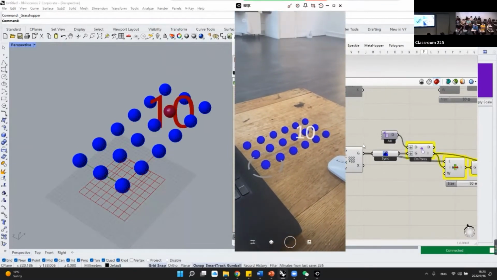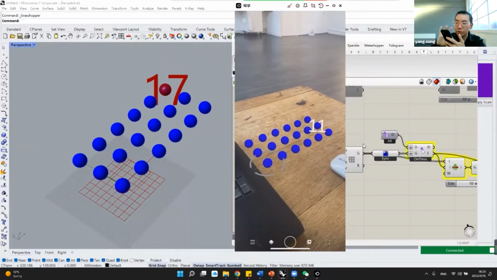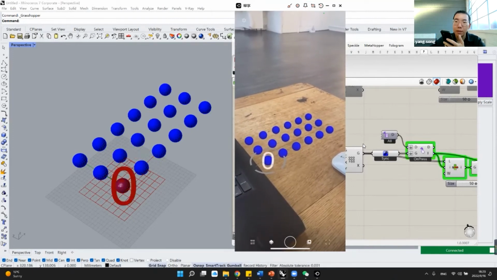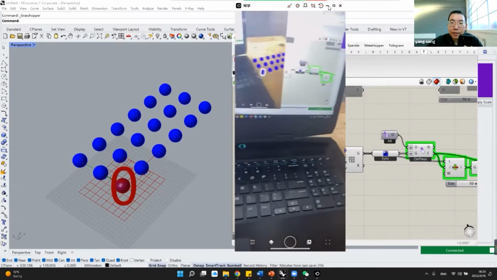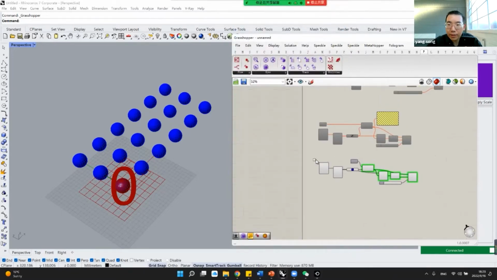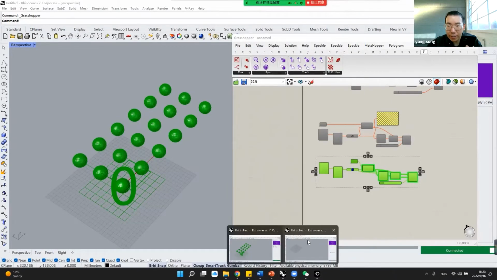Now you can see when you tap the sphere, it will show you the index of the related sphere. Yeah, it's kind of interesting. So you can play with the Grasshopper file that I share with you for this kind of basic